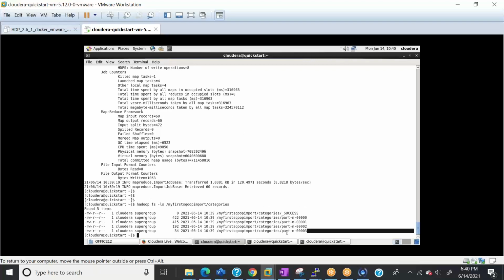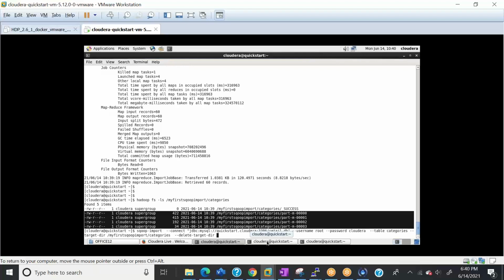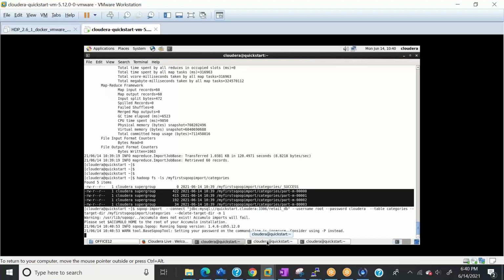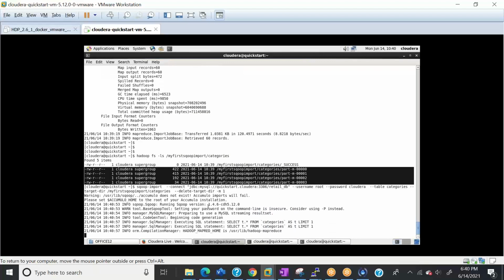If you see here, we have 4 output files created, right? So why 4 output files? Because by default, the number of mappers is 4, and therefore the number of output files is 4. Now let me show you one more thing. If I say -m 1 and run it again, it will obviously rewrite this directory because I used the delete directory parameter here. So if I go to this directory after 1 minute when the job is completed, I will only see part-m-00000. Let it run and we'll come back to it.